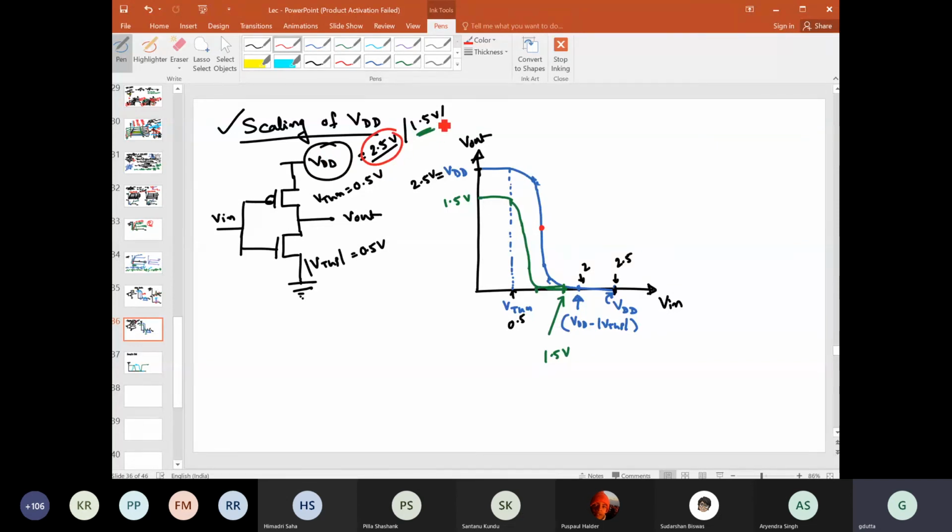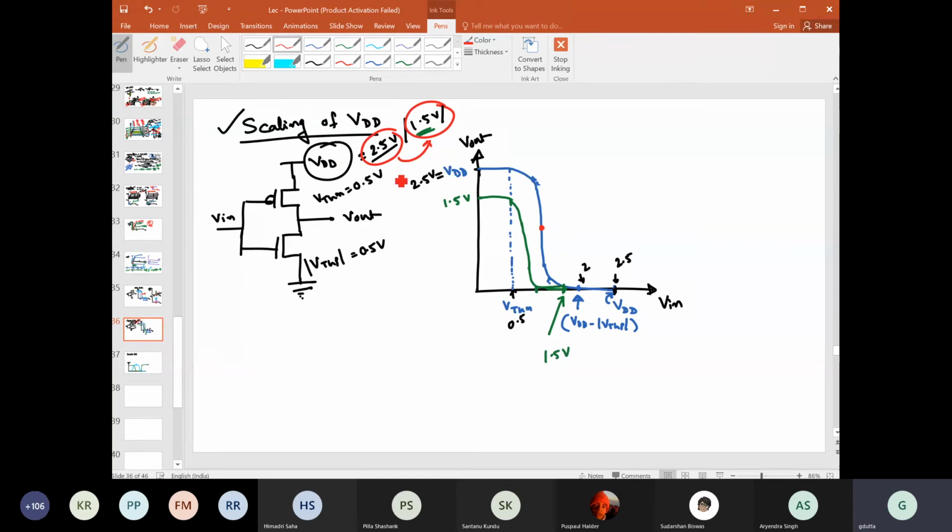So you see that this is the VDD, whose earlier value was 2.5, and now we are reducing it to 1.5 and further. When VDD is 2.5, the power dissipation was definitely more. More VDD, more power dissipation. So when you reduce from 2.5 to 1.5, the power dissipation is definitely reduced. That is a positive impact in terms of power consumption. But this has a detrimental effect on gate delay. The gate delay will be significantly increased when you reduce it from 2.5 to 1.5.